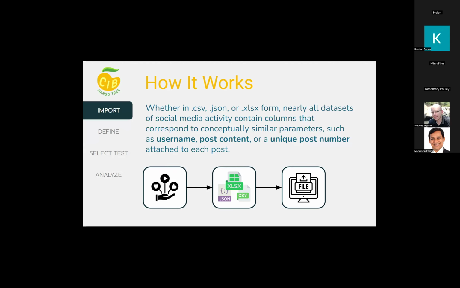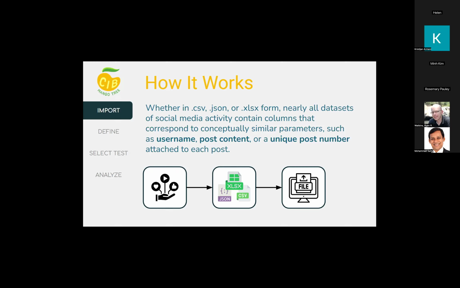So how does our app work? That's probably the big question you have right now. First you import your data, which can be in the form of CSV, JSON, or Excel files. A lot of social media datasets are pretty similar to one another. The columns are pretty much the same. The only thing that might differ is the naming of the columns or the format for a specific column type, like username, the post content, or the unique post ID.